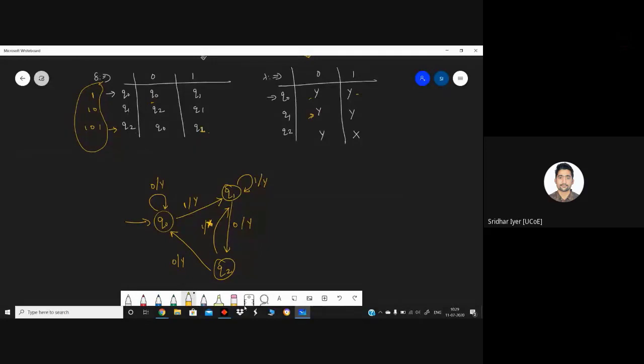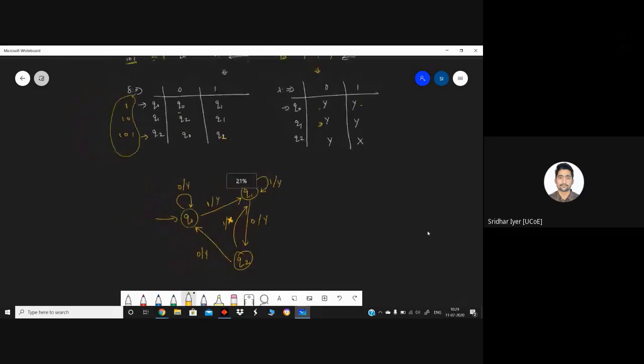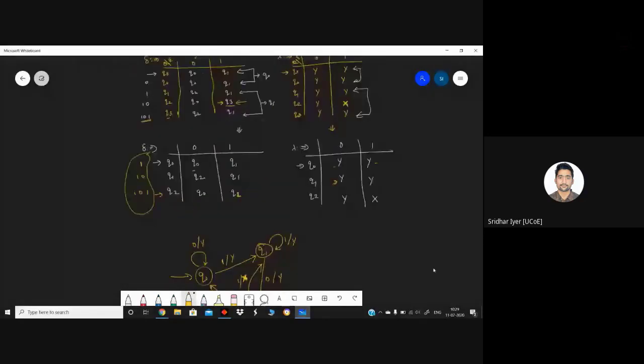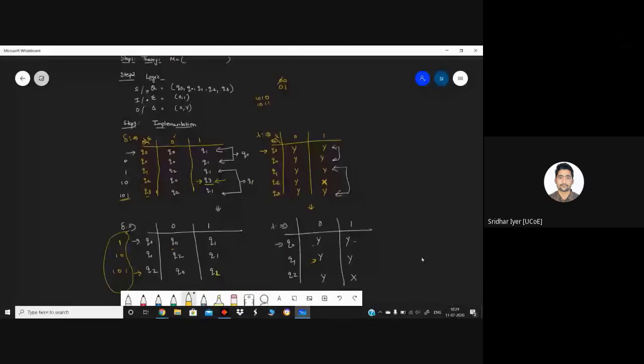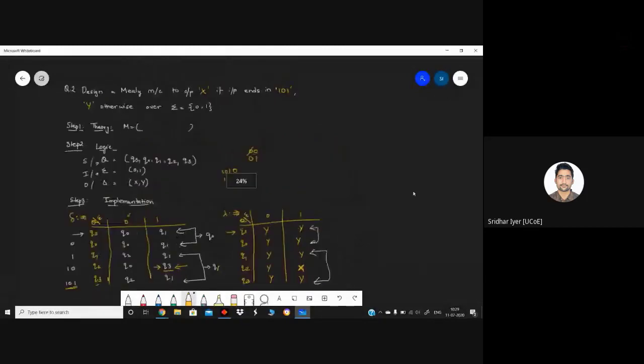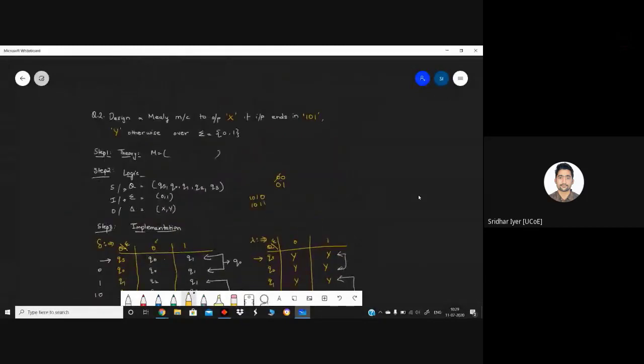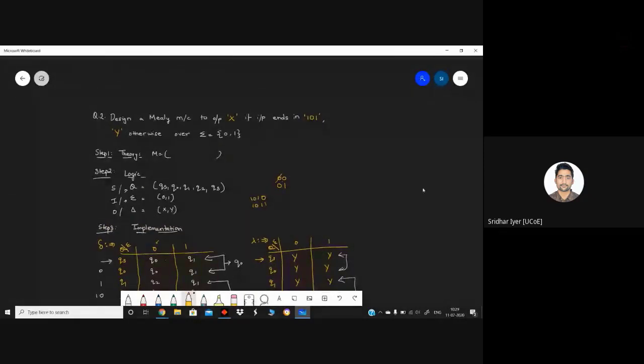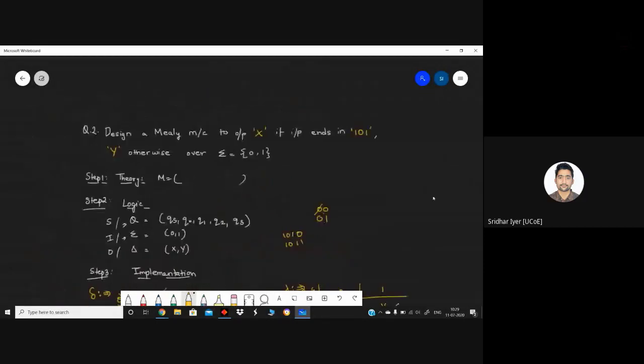Okay. So this is how you construct a Mealy machine, the very basic sort of a Mealy machine where you have to convert the occurrence of one symbol into something else. Am I clear? Is this problem clear to you? I intentionally took some extra time for solving this step by step so that next problems become easy for you to solve. Okay. Clear? If you're having any doubts with this, kindly let me know.